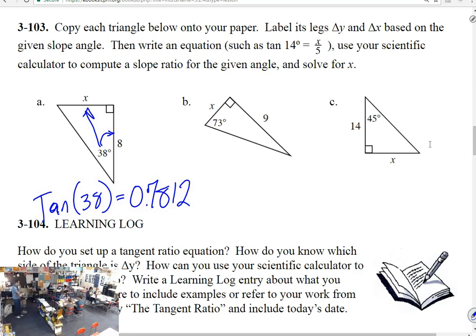So, hold up. If we took the long way around this, that tells me that the rise to run, well, I could say like 78 over 100, right? Approximately our rise to run is 78 hundredths. So then I could say, if the run is 8, how do I divide to get there?